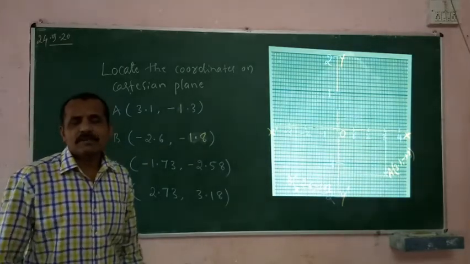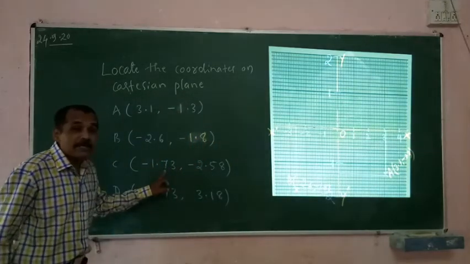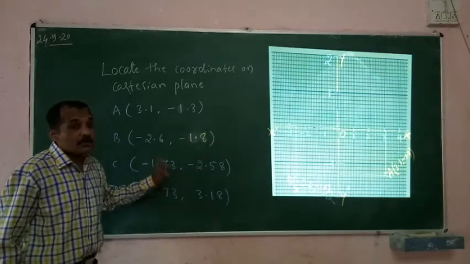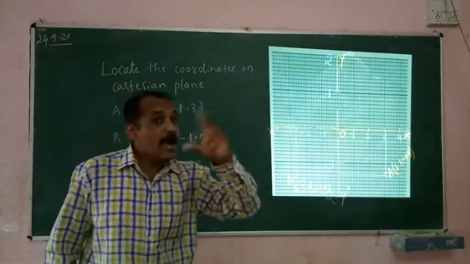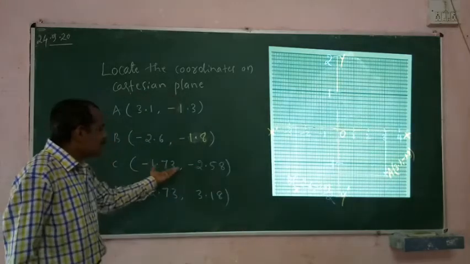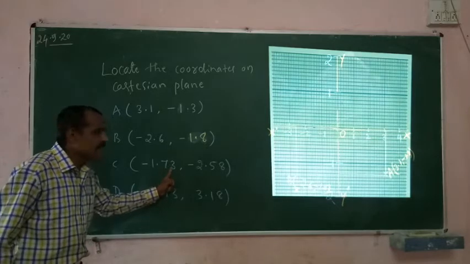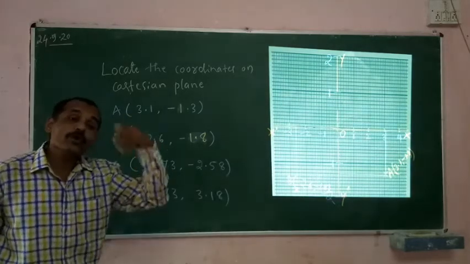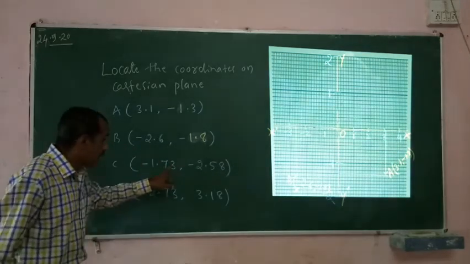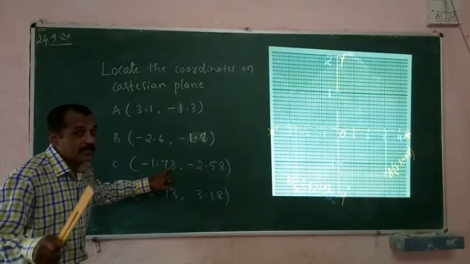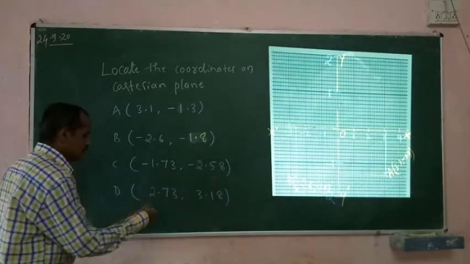-1.73. My dear children, this is very difficult because this is the 10th place and this is the 100th place. This much biggest number I have to magnify otherwise, so I can reduce it to 1 decimal. What is the method? You know very well. If the second decimal place is 5 or more than 5, this has to be increased by 1, provided the second decimal is 5 or more than 5. If it is less than 5, ignore this. So this will be